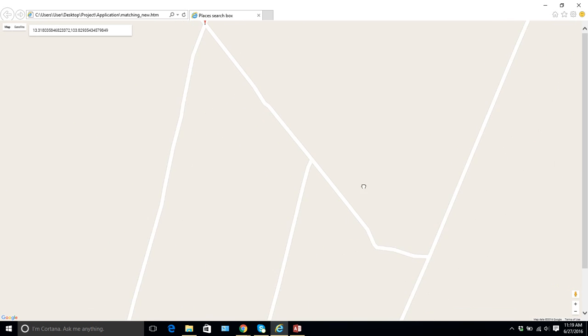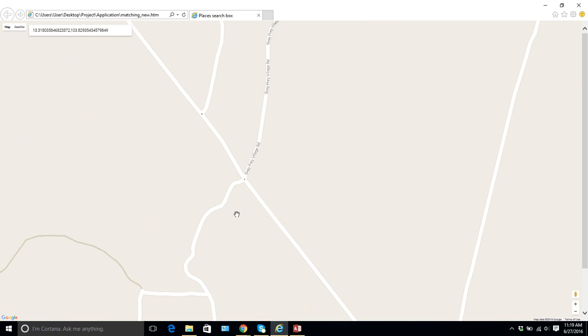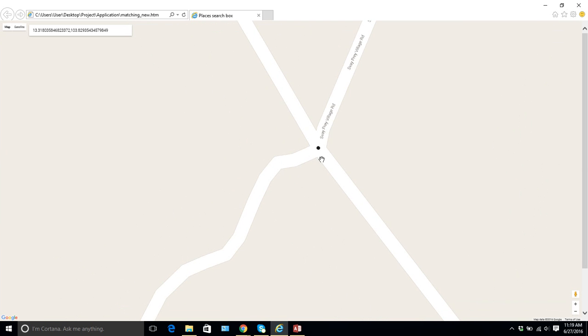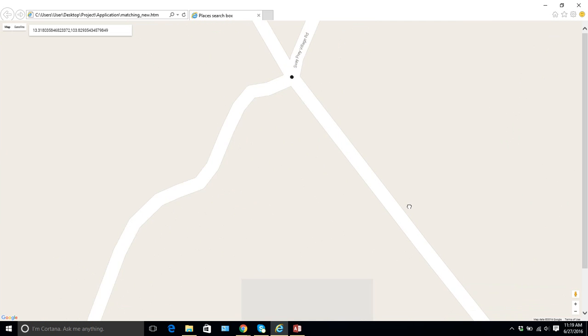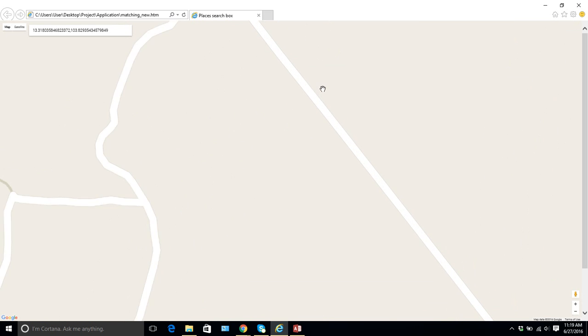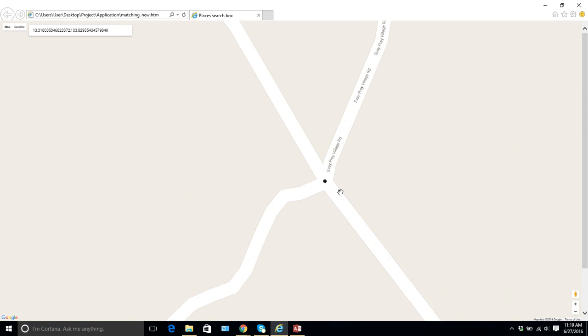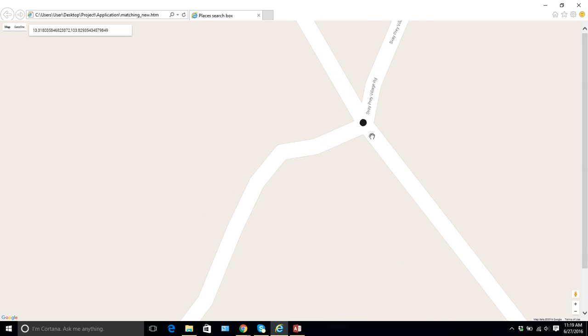There is no node over here, there is none over here, so let's go ahead up here and see. Yes, there is one over here. So we have to match this one also with this node. So just like we did earlier in the first node, we zoom in to make sure that the accuracy is quite high. So this one, nope, we cannot match it. But with this one, can we? Of course yes. So we have to right click